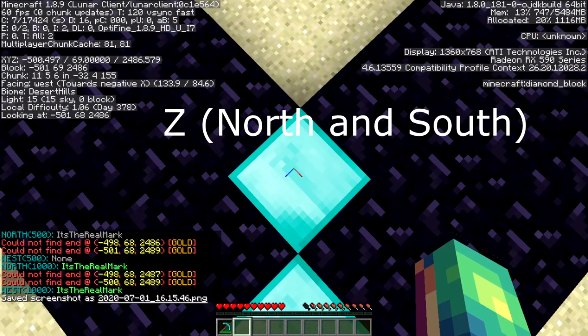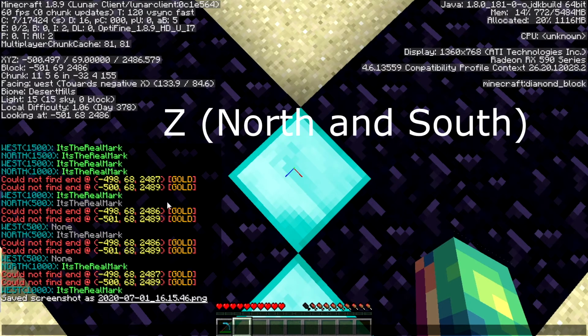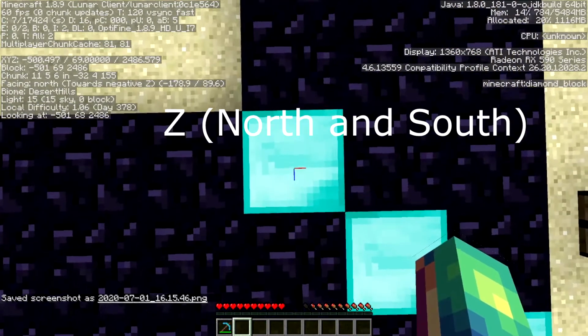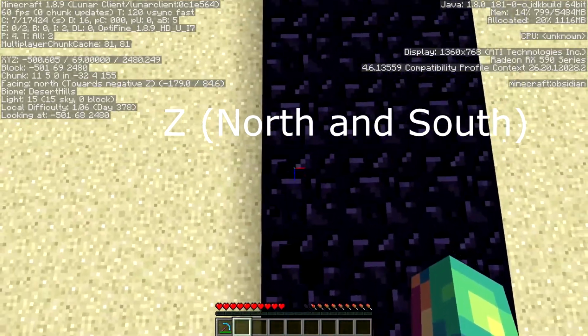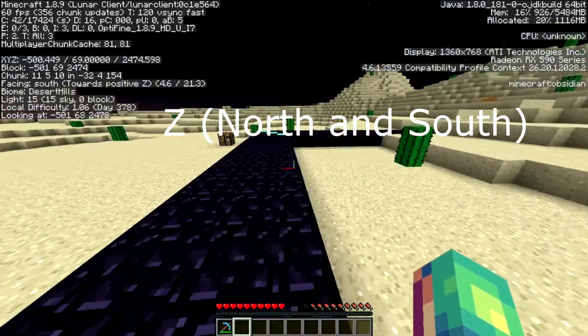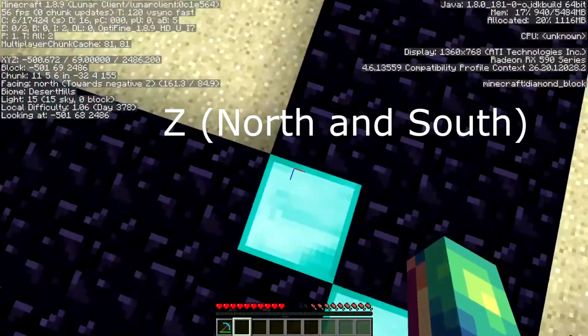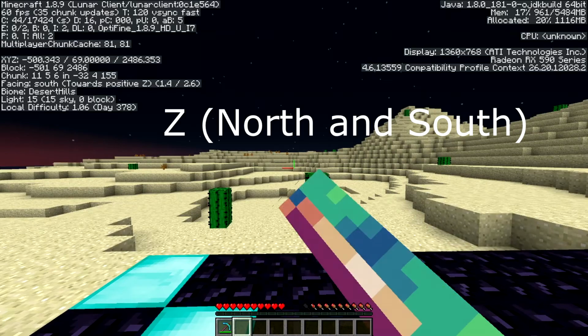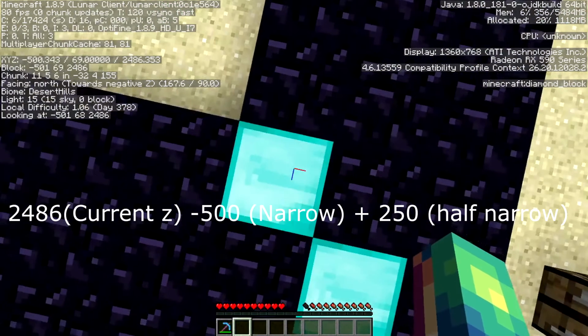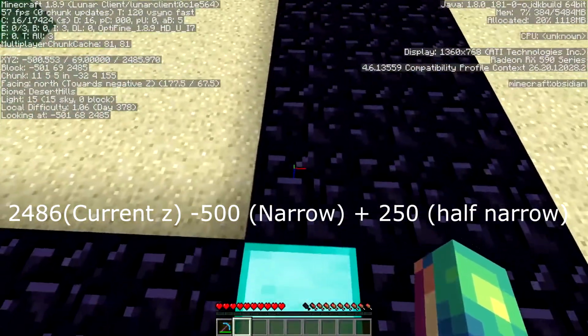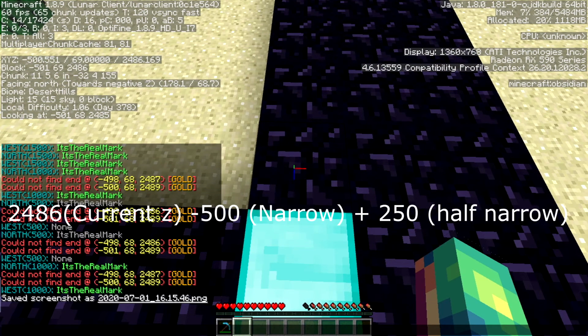And I'm going to calc off of the 500 north arm first. And north, as you can see here, when I move this way, the set is going down when I move north. And when I move south, it's going back towards positive. So I'm going to count the chords by saying 2486. Because the set is going down north, I'm going to minus with my narrow, which is 500, and then